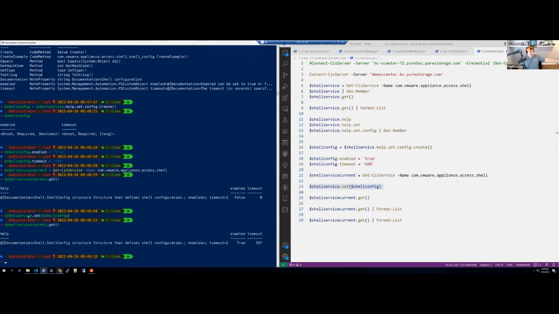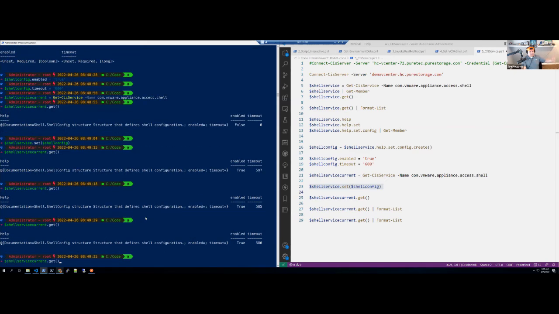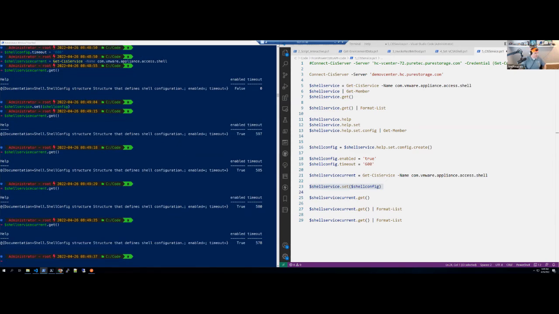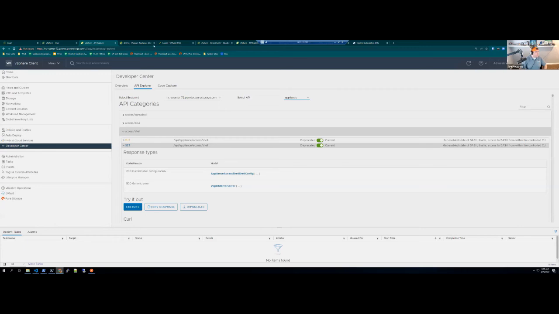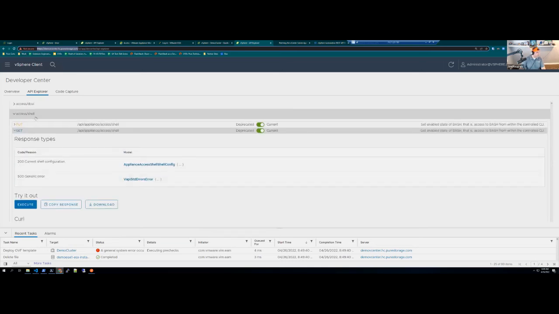By now setting the configuration back to that service where we had the proper definitions of it being enabled, of it having a timeout to it, we can actually keep rerunning this code, and we see that we've enabled the shell service inside of the VMI, and it's counting down for our timeout. We give it 600 seconds for this thing. We can also validate this by going and looking, as long as I get into the right interface for this thing. Let me just copy this one. We can look at it either through the API,